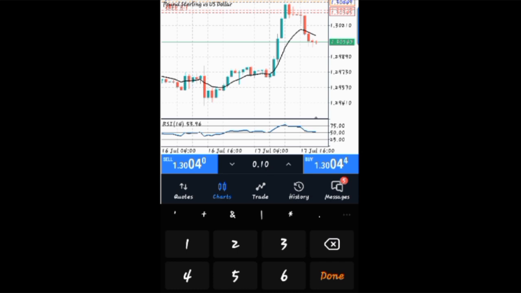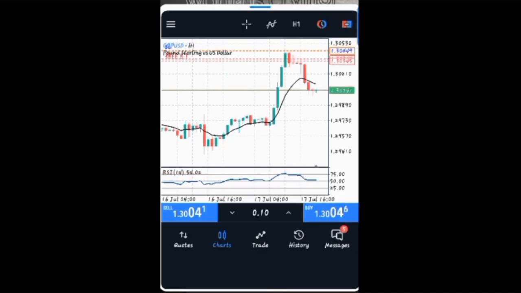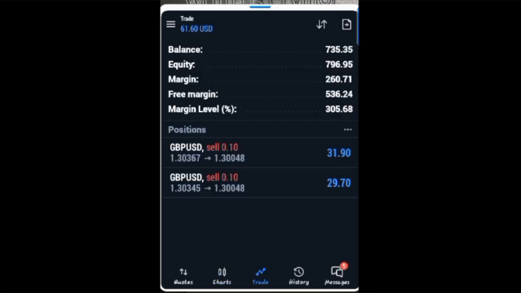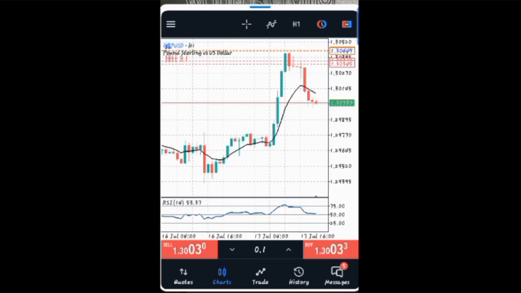Okay, so that was how I managed to enter this lot size. When I enter this lot size 0.10, my initial plan was to place my stop loss at 20 pips, which is 200 points on each trade. But when I adjusted my stop loss to 10 pips,